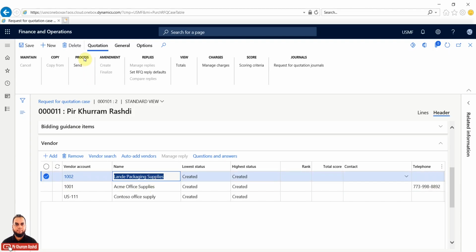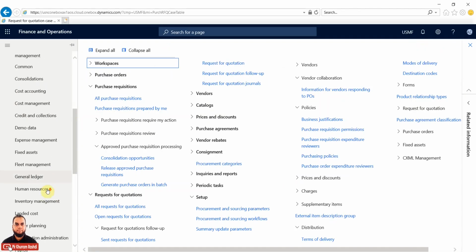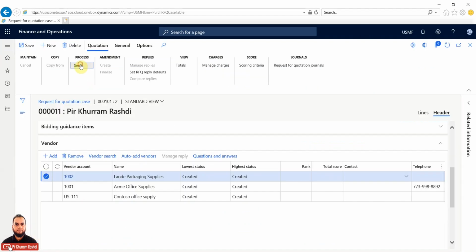at the top ribbon the send command. So it means now RFQ is generated at our company's end, and we want to send this RFQ to our vendor. There is also a vendor portal available where a vendor can directly interact, but here we are just showing another vendor collaboration portal is available. So for now I will just select the send button,